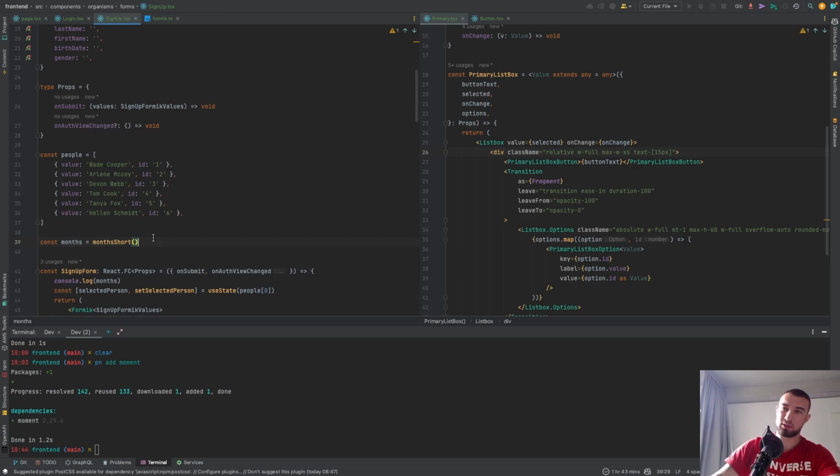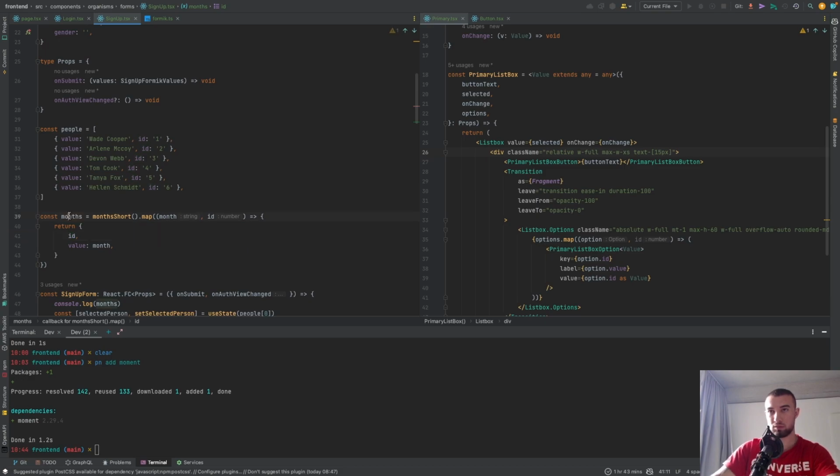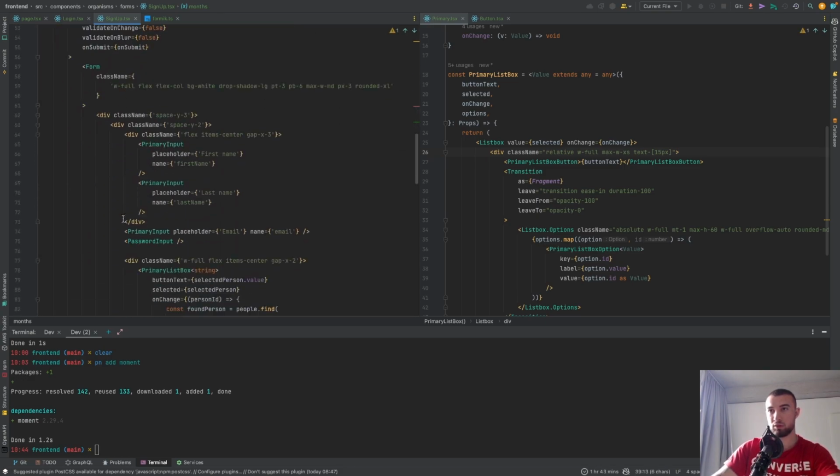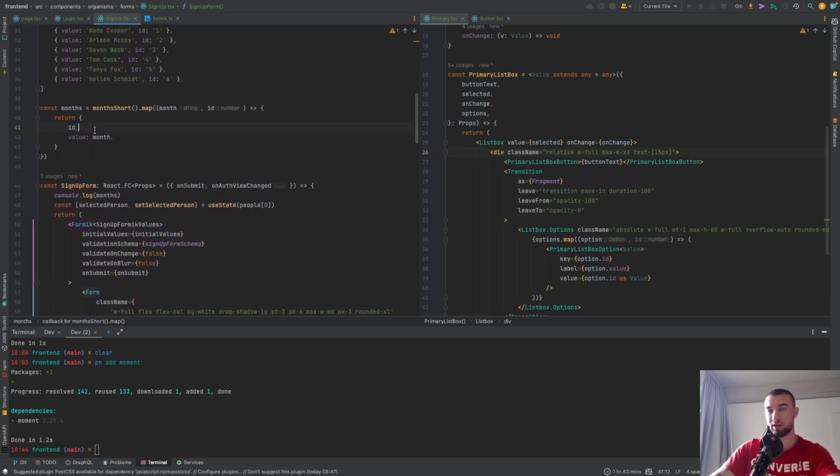What we also can do is we need a value and ID, right? So what we do is we map over this and say return month. So we have a value and we have an ID. An ID will be, of course, like this. So if I pass, we say